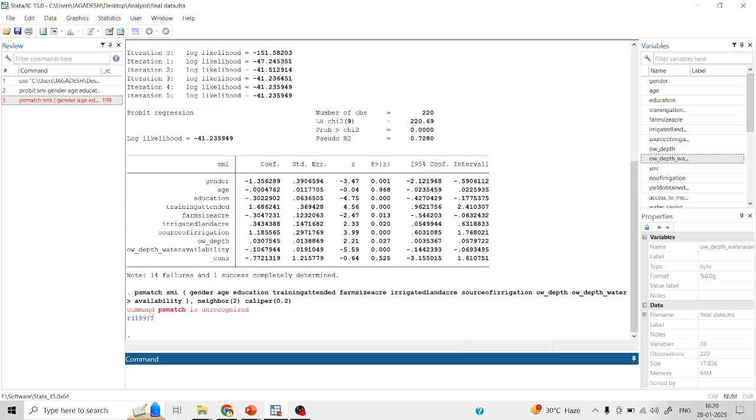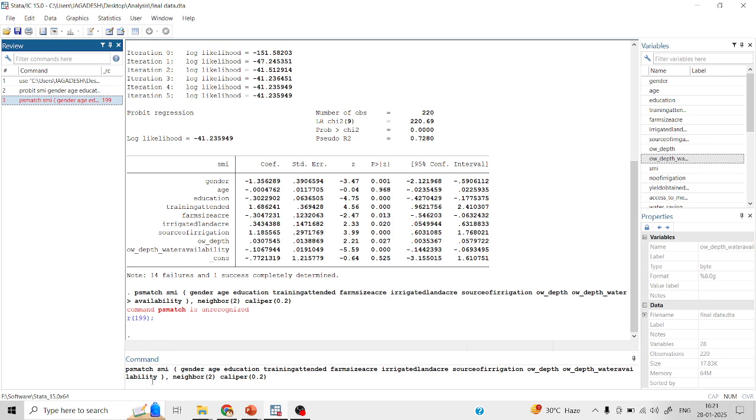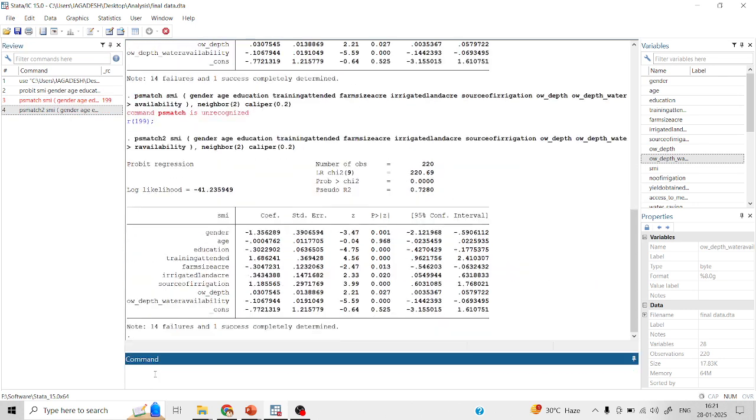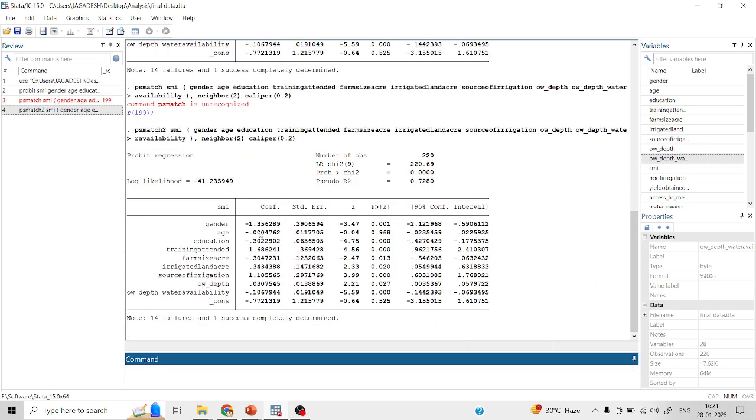What is the problem with this? Oh, sorry, I just missed this. So now we got the analysis, and the final thing is we need to estimate the impact. Okay, so PSM SMI, I'm just going to find the yield difference among the adopters and non-adopters,